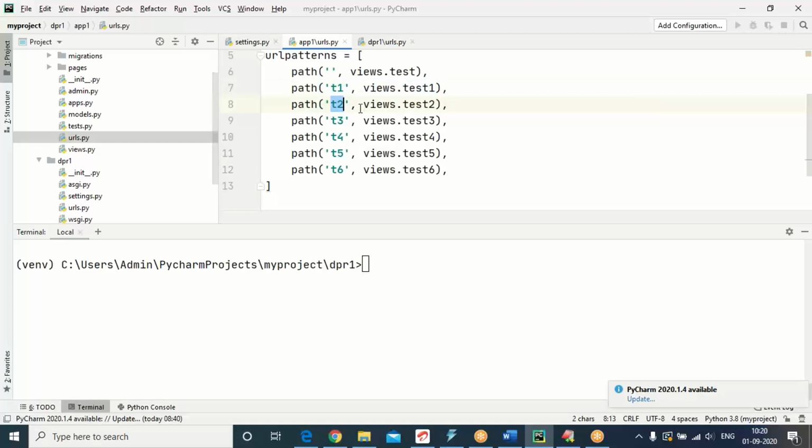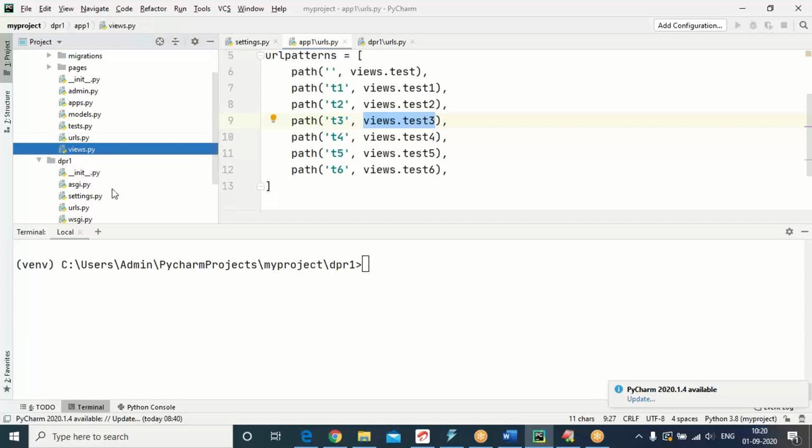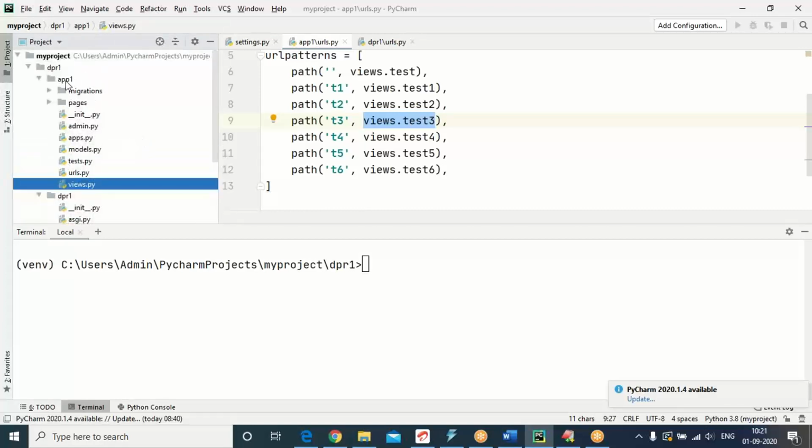For a particular URL, whatever function name in the views. Views is a default. If you want, your own Python file can be created for the views.